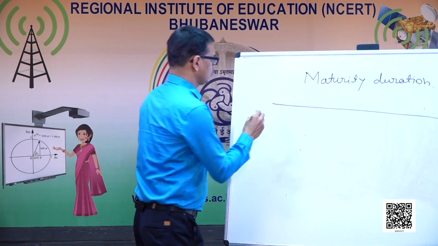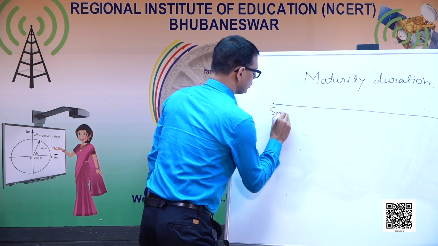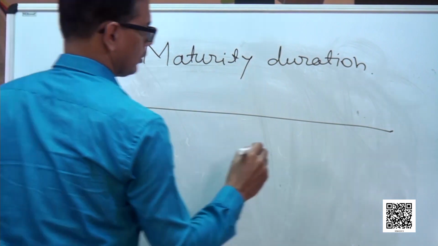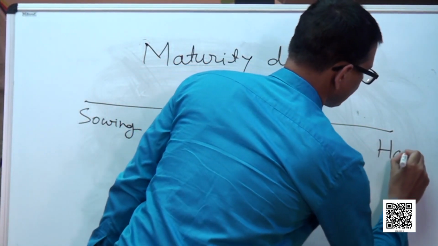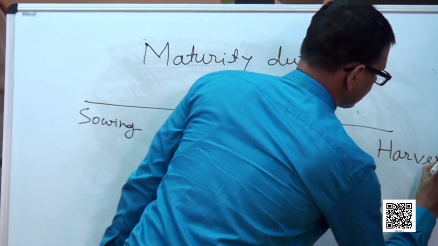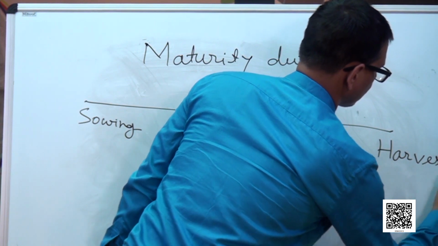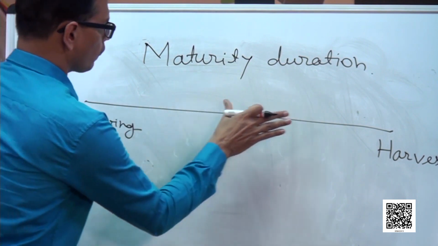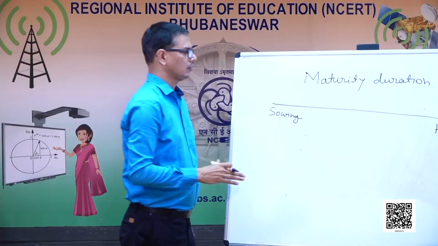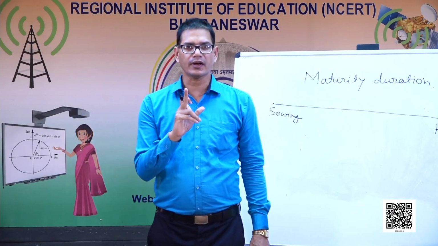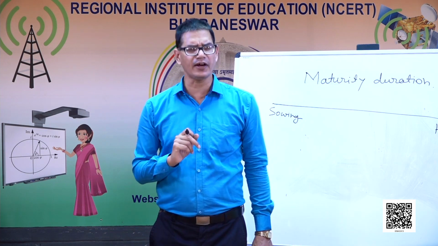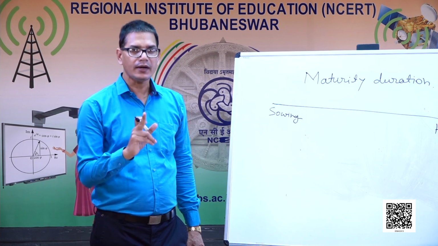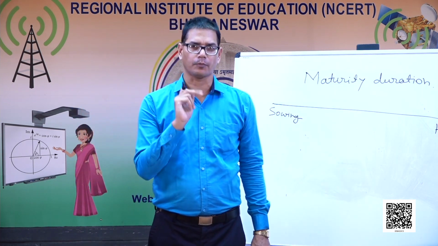How? Suppose this is the sowing time and this is the harvesting time. If it is 4 months, in a year a farmer can grow 3 different crops in 1 year,